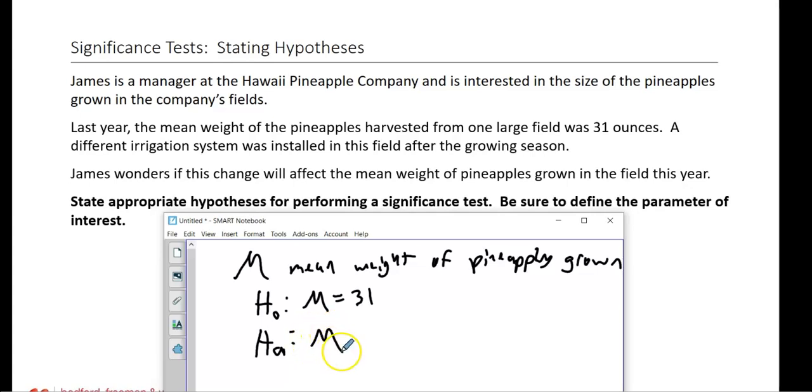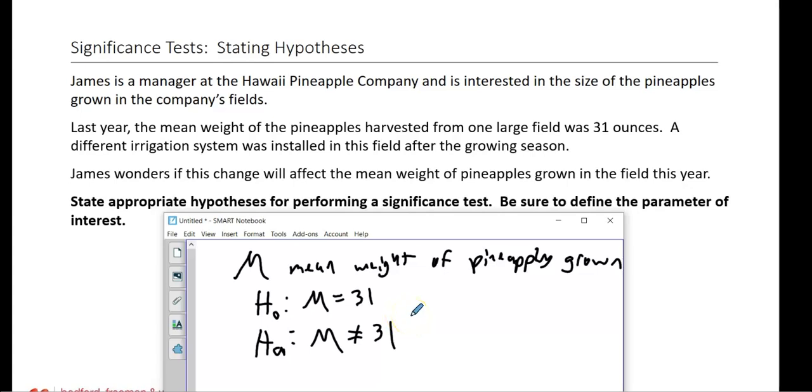Is the mu, let's see, is this a greater than, less than? A different irrigation system was installed. They wonder if this change will affect the mean weight. So they're not stating a direction. They're not really committing to a direction. So I think this is probably not equal to. So this would be a two-sided. If I did this right, it's a two-sided